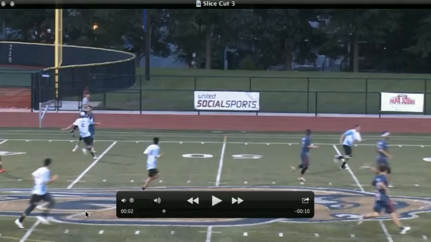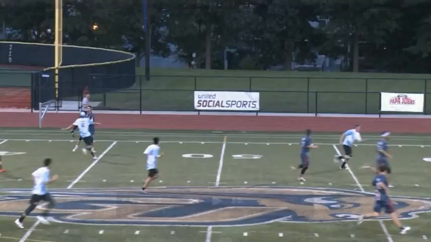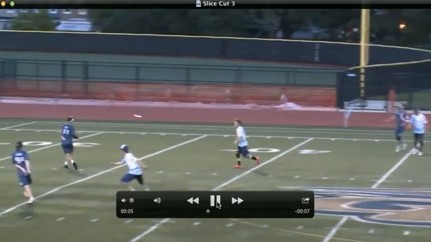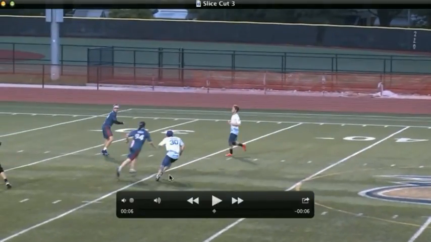Okay, this is the third slice cut we're going to take a look at, and I want to highlight here the unselfishness of the slice cut. So we're going to roll the tape. We're going to hit a slice cut in the middle. Now again, we notice White Hat moving early, clearing out the flow side, which is now down here, for our cutter to fill in. I want to highlight the unselfishness of this play, as many handlers just want to stay